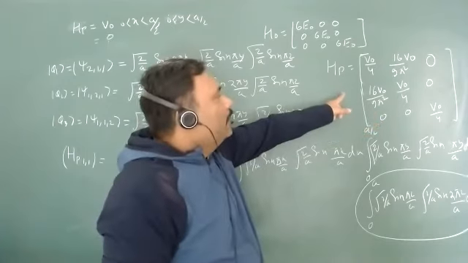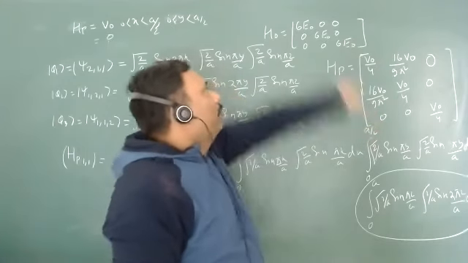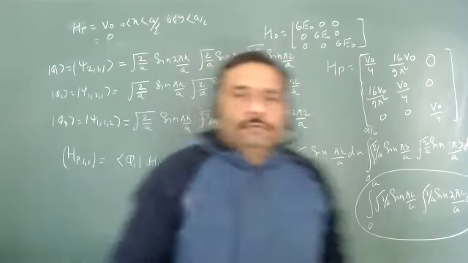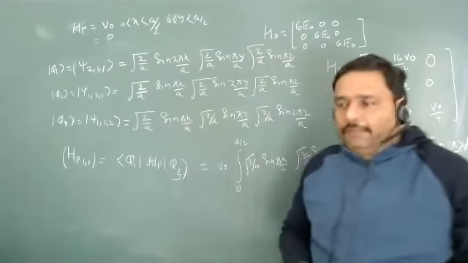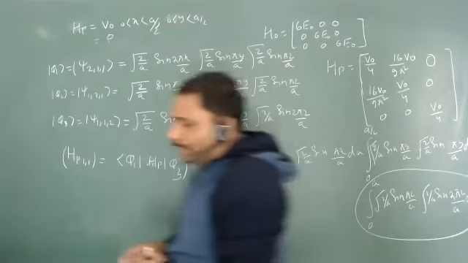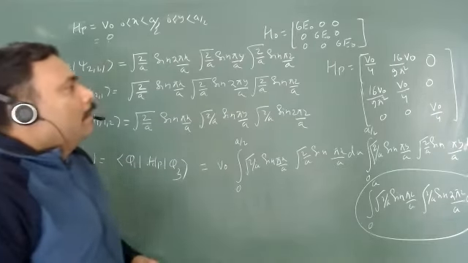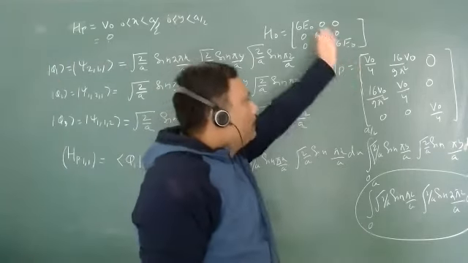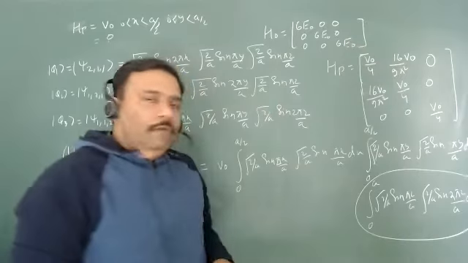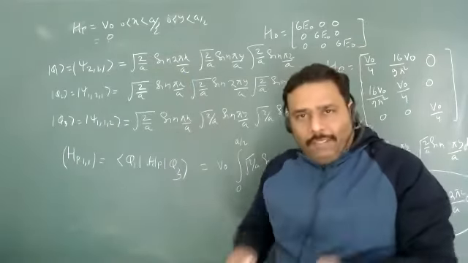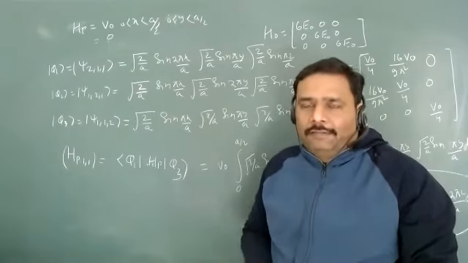And this HP is written in a basis in which H0 is diagonalized. So now what do I have to do? What will be my final thing? We have to go for the final level. What we have to do? We have to diagonalize HP. Obviously, we have to diagonalize HP. And what will happen when we diagonalize HP? The eigenvalues will be in the diagonal terms, isn't it?